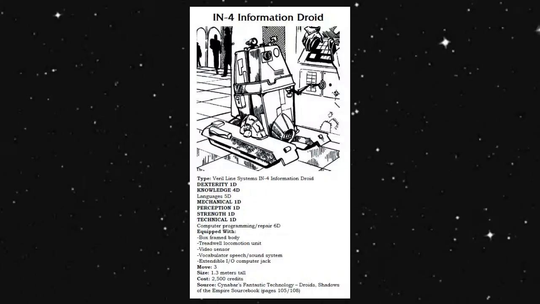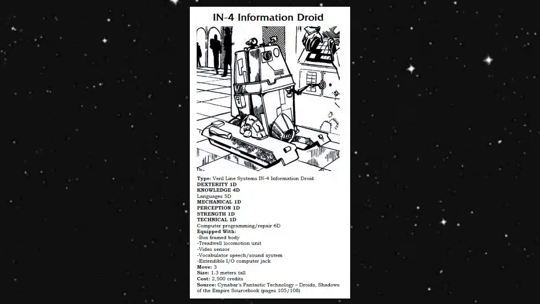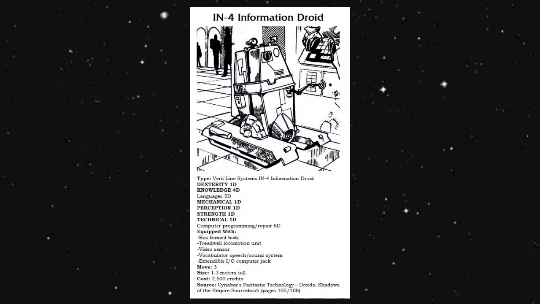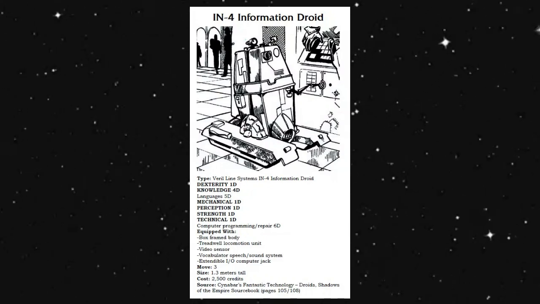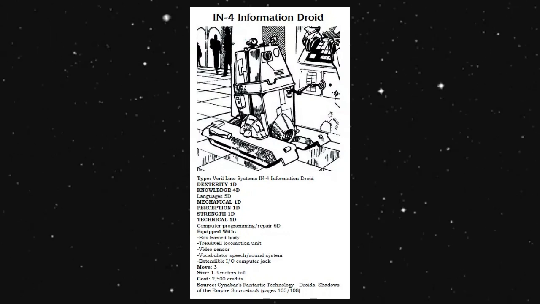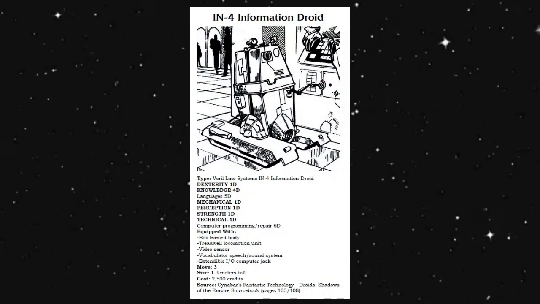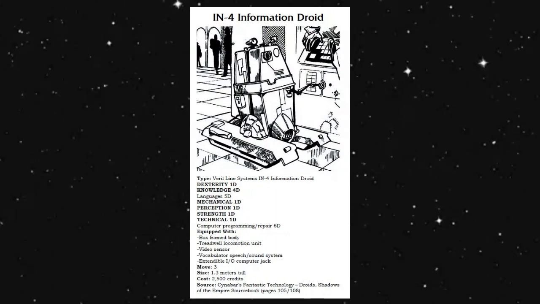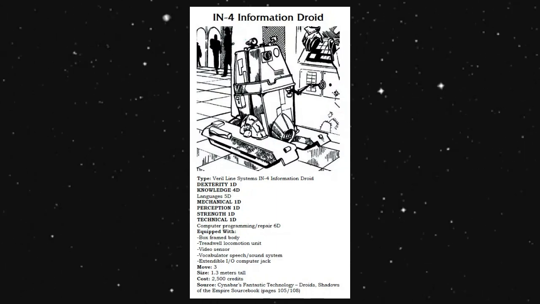All right, so when we're looking at the IN4 Information Droid, this is a very Lane Systems IN4 Information Droid. It has a dexterity of 1D, a knowledge of 4D, and languages of 5D. Like it had stated in there, it's got about 12 languages it can speak. And anything else beyond that, it would just have to display on its screen or whatever else in